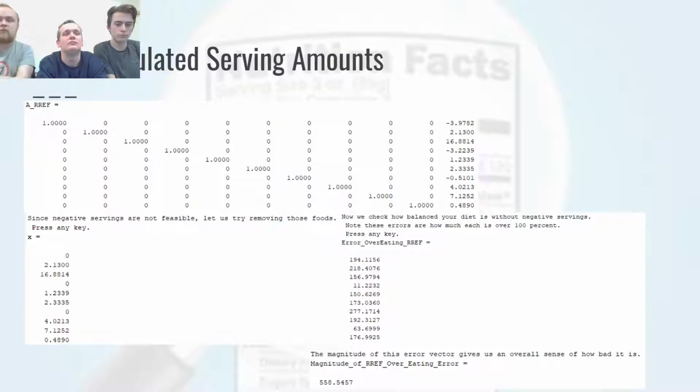But the numbers given directly from the RREF are not really feasible at all. They're not possible. You can't really have -4 servings of granola. So, because of that, we decided to strike out the negatives. They just no longer exist. They're no longer a problem for us anymore. So, when we now look at the data from there, you'll see things like,